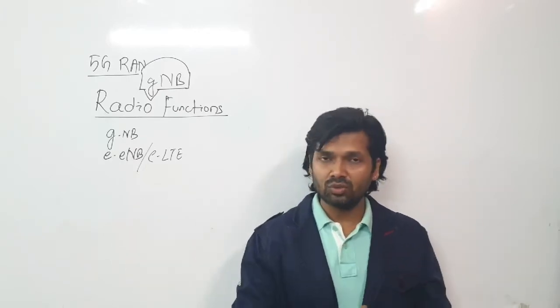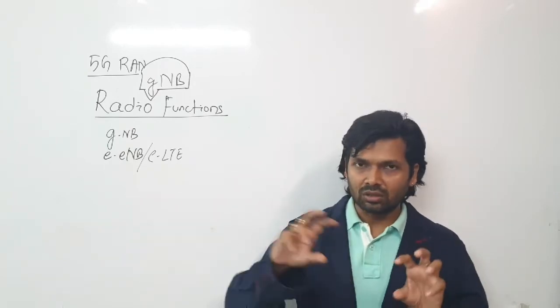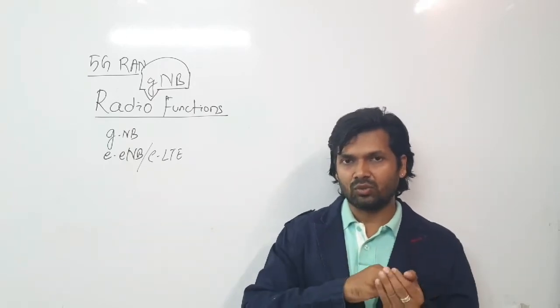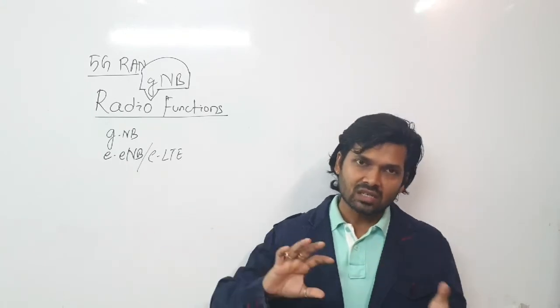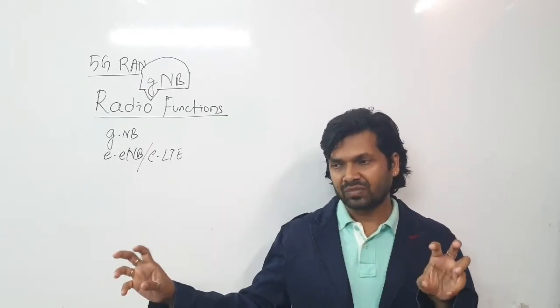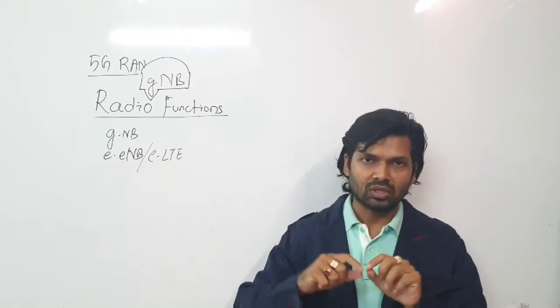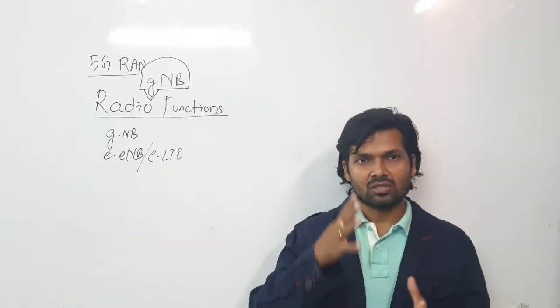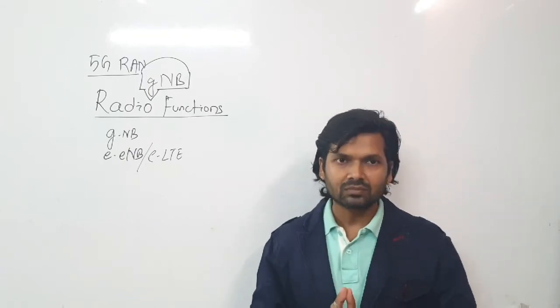So if there is a new UE with a new SIM card or some new connection request, the core normally checks whether this is the particular UE or not. Some secret codes and secret keys are shared between this UE and the core network, and that is managed or transferred through the NAS protocol. Others cannot see it. So this distribution function for NAS messages is also managed by the gNodeB.